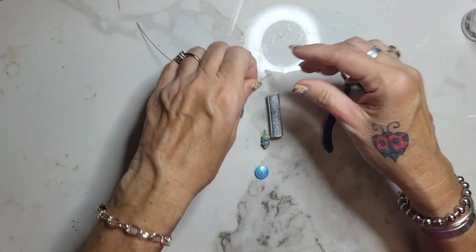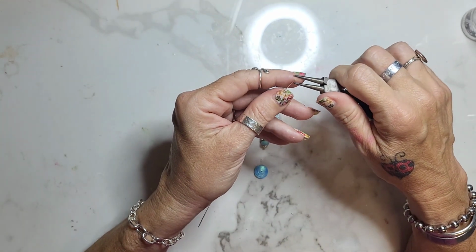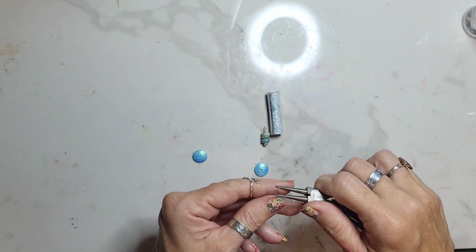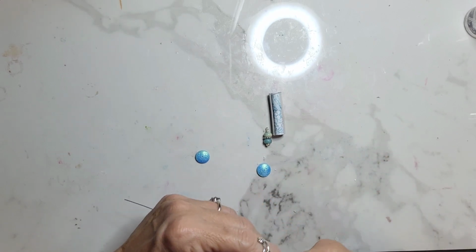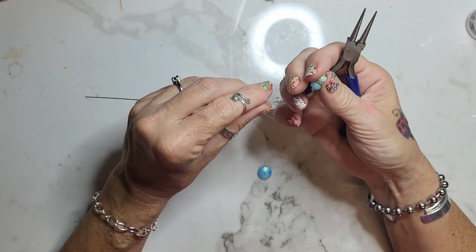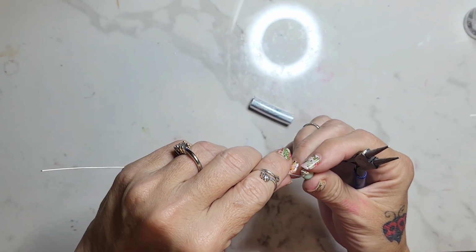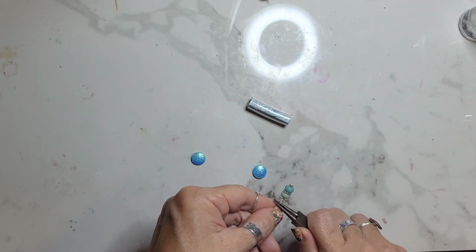And then I'm going to take my, whatever these pliers are, and then at the one end, which is going to be this end, I kind of cheat. I don't do a whole wrap with this, and I like it a little bit larger. And remember, I'm also going to be putting this on the bottom. I'll make it just part of a loop, and then I'll put this on. And get back in there, and then I'm going to loop